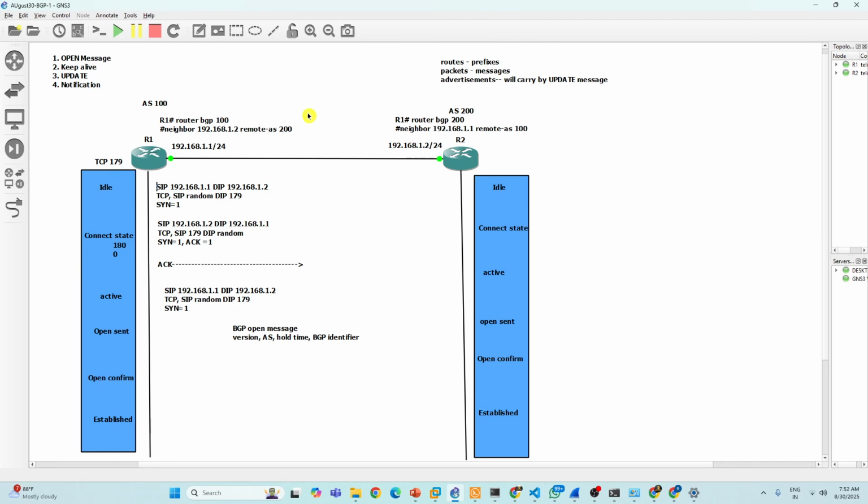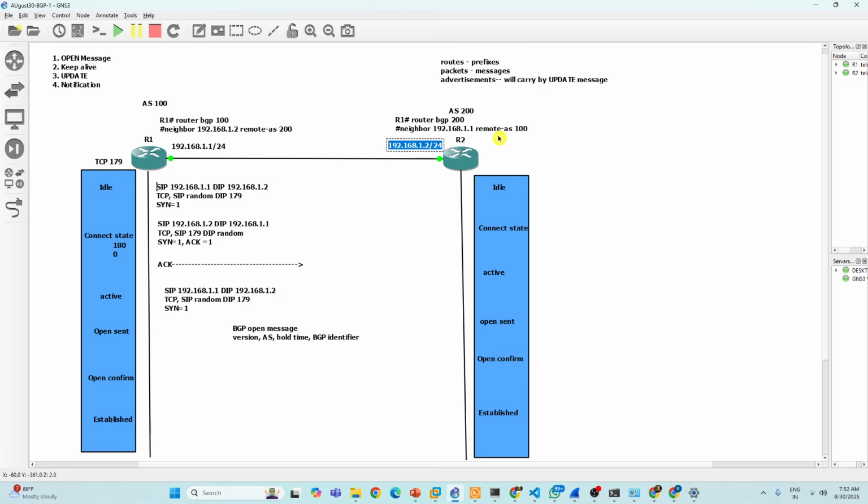The website server is located in some data center. How will it establish a three-way handshake? First, it should have reachability. Reachability means you should be able to ping the neighbor IP. Whatever destination IP you want to establish a connection with, that IP should be reachable. Then only it will initiate TCP. Reachability should be there.